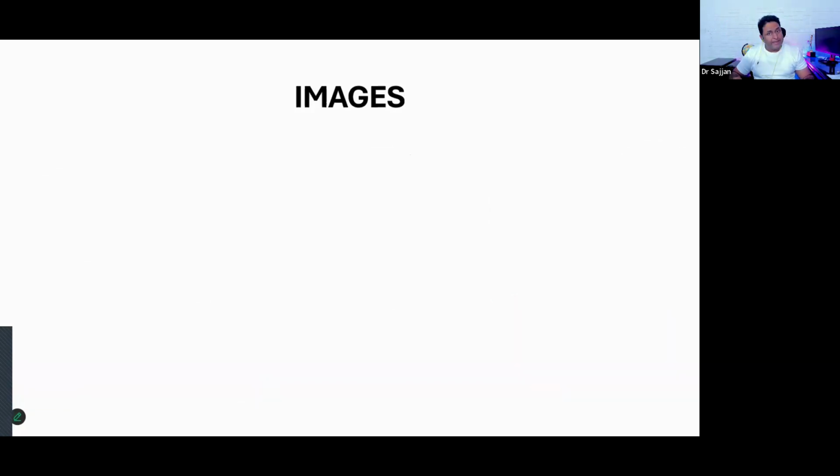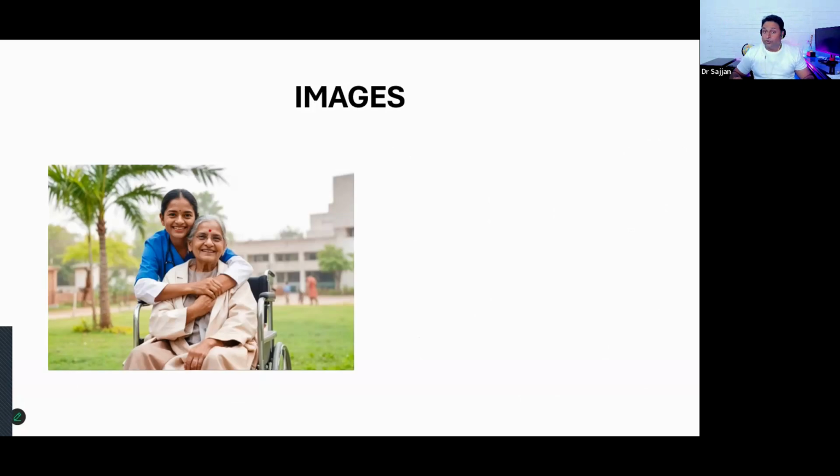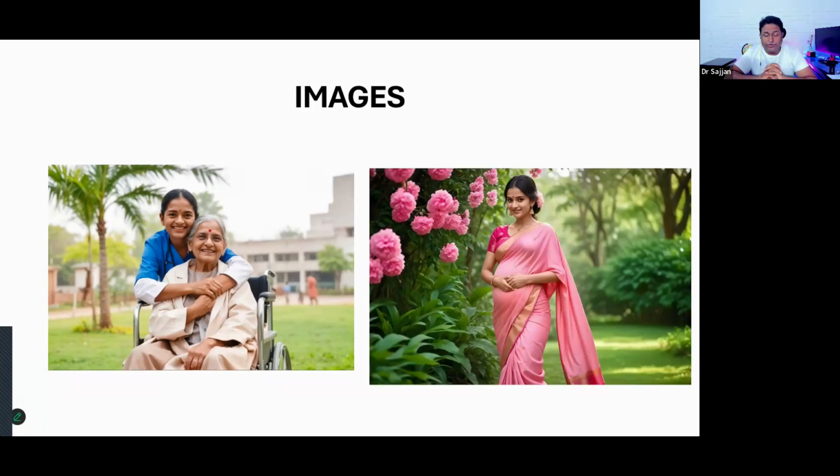The next is images, so that's what we'll be looking at today. The images you use are very important. There are very good images which can be used. I'll also give you links where you can get good images which you can download for free. But the main point here is